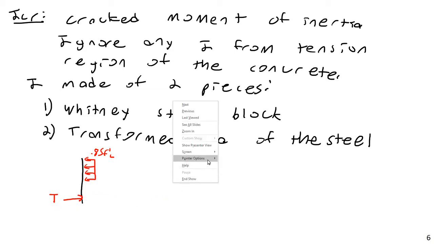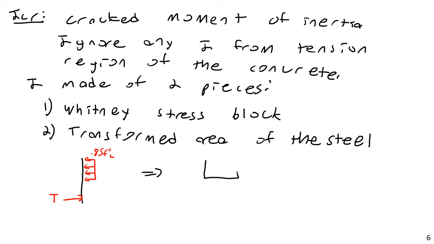But we're going to then treat this as a section made up of two things. For deflection, to calculate the I, we'll use the concrete down to the depth of the Whitney stress block, this concrete here, the compression region of concrete,